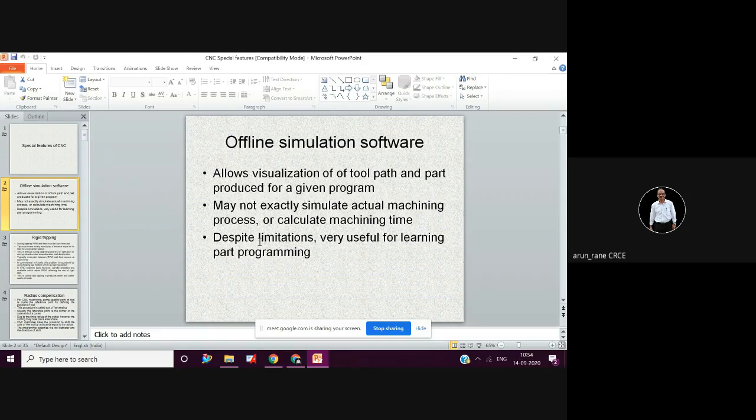Because our CNC machines are dedicated for training purposes now, we have the operation management lab that is under me. CNC lab is also under me. In that we have 14 licenses, where we give the training to the students. We have the software called SimuTrain by Siemens. There the students do the programming, they check, and once it is error free, then those programs are transferred to the machine.